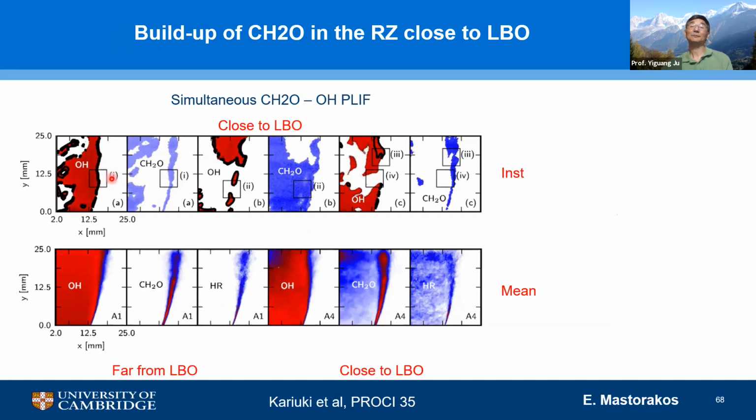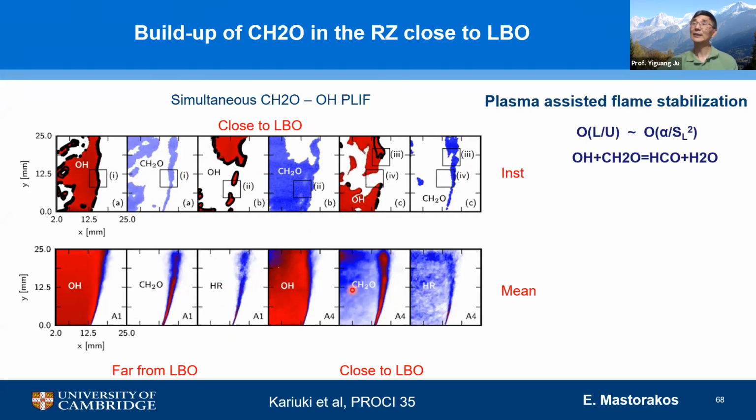close to the lean burn limit, you can see the formaldehyde formation is increasing and increasing, and when you have large formaldehyde formation, then extinction happens, or lean blowoff happens. Why is that? This is because if you understand the chemistry, right? Flame stabilization is governed by the inverse of flame speed, in terms of dynamics. But more importantly,